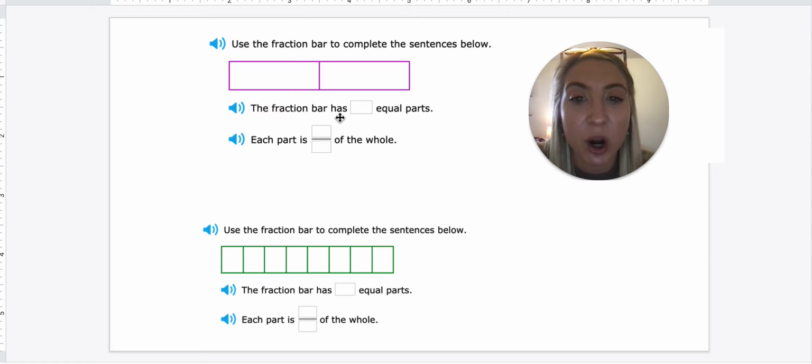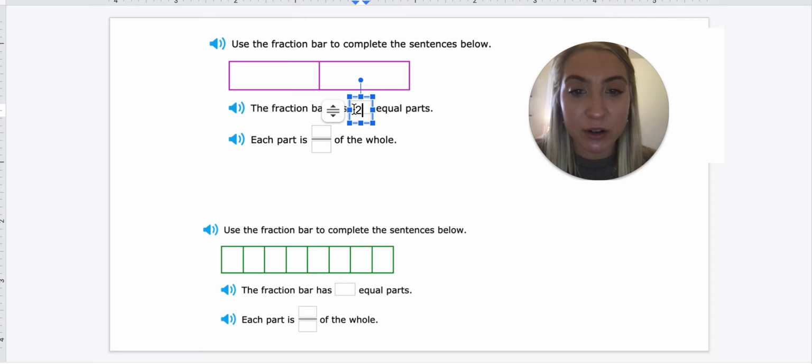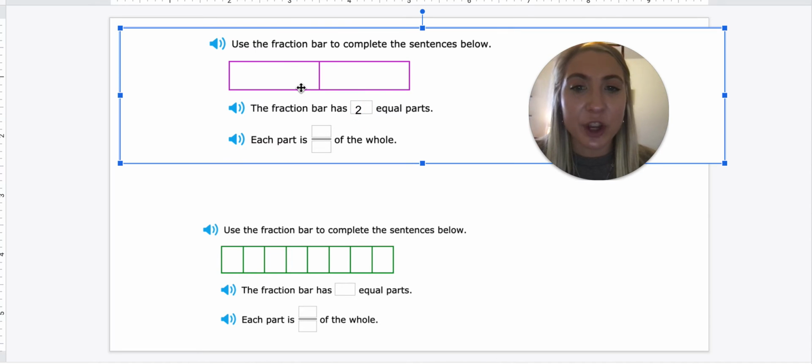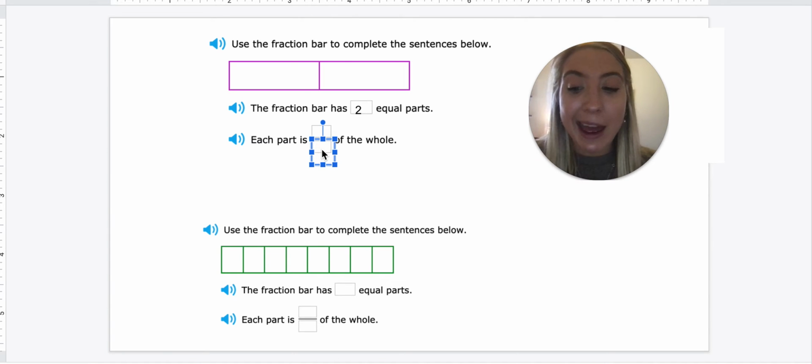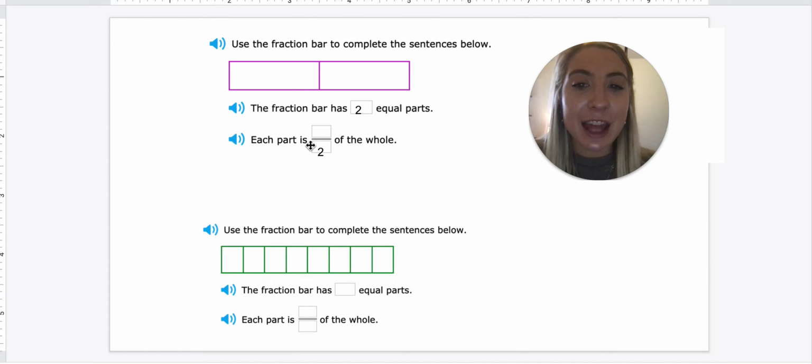So use the fraction bar to complete the sentences below. The fraction bar has blank equal parts. How many equal parts does it have? So this is one part and this is another part. So we could say there are 2 equal parts. So now, each part is how much of the whole? We know the bottom number is always going to be how many parts. So there's 2 parts. And then how many is just 1? If I just take one box, it would be